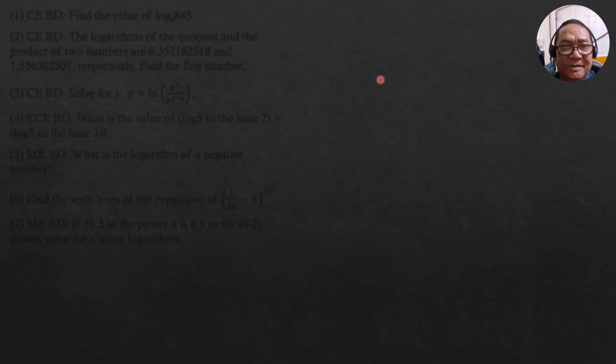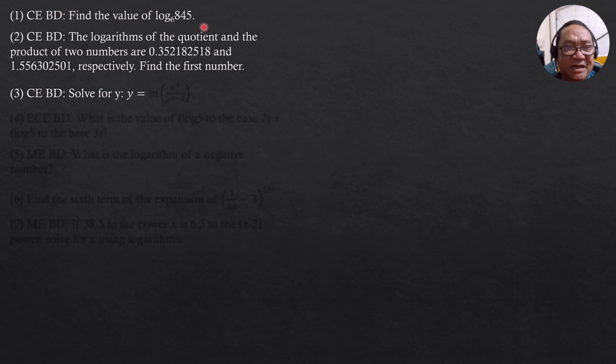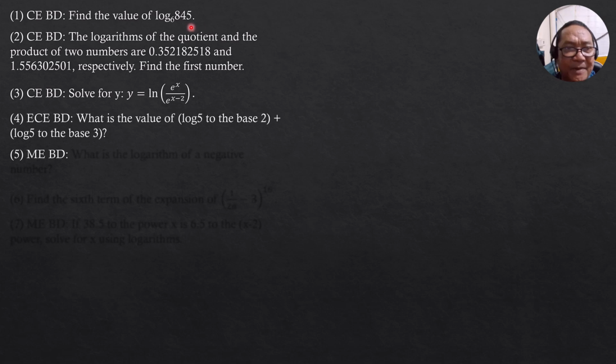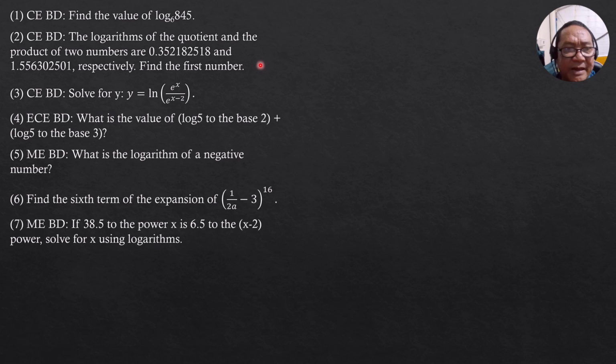So, problem 1, find the value of log of 845 to the base 6. Since the calculator nowadays is capable of evaluating the logarithm of a positive number to any base, you use the calculator technique. You just type, you have the key there, log of 845 to the base 6, and that is equal to